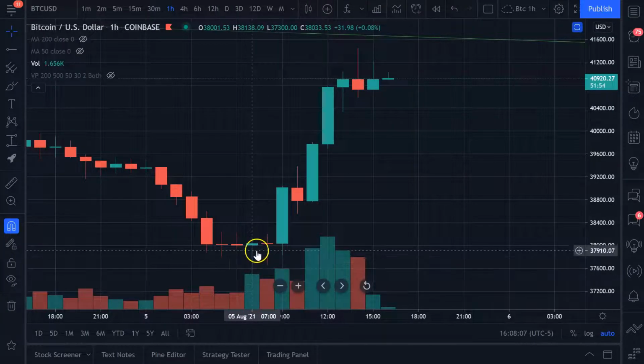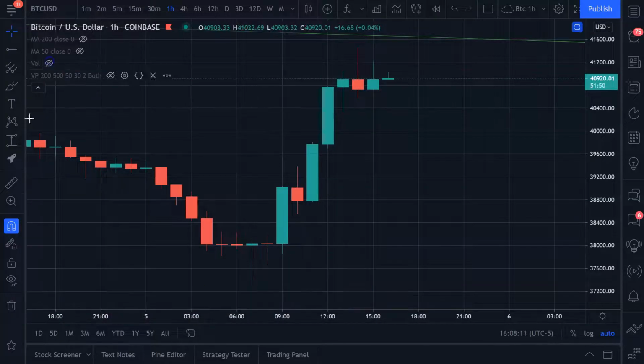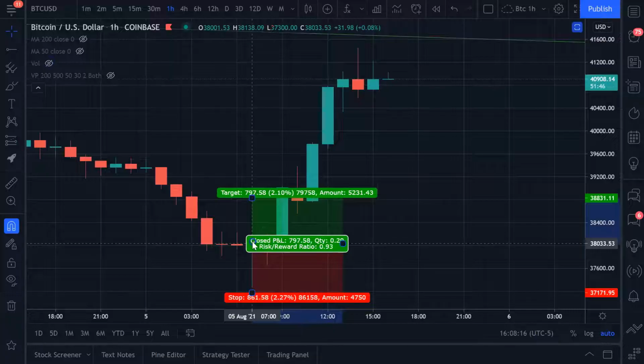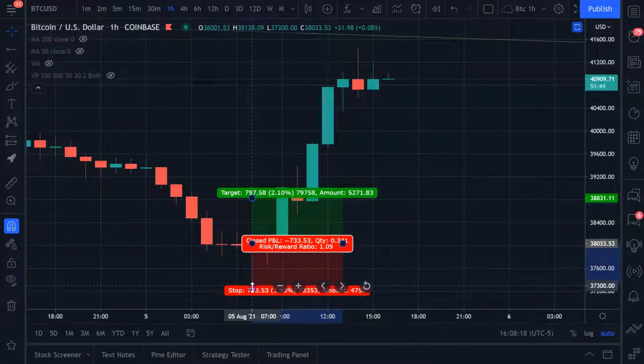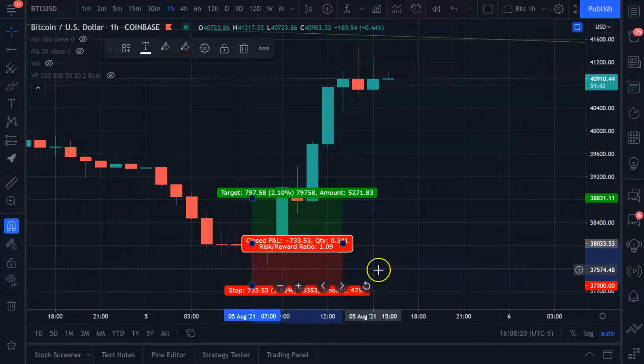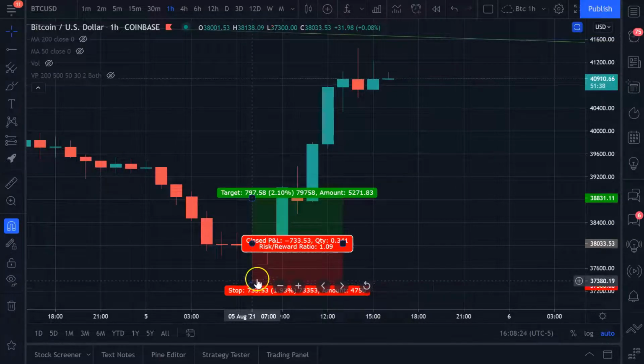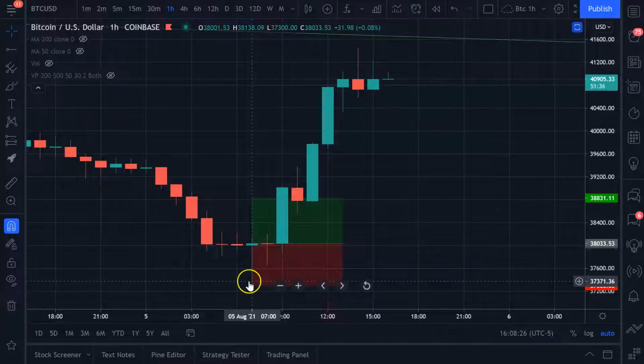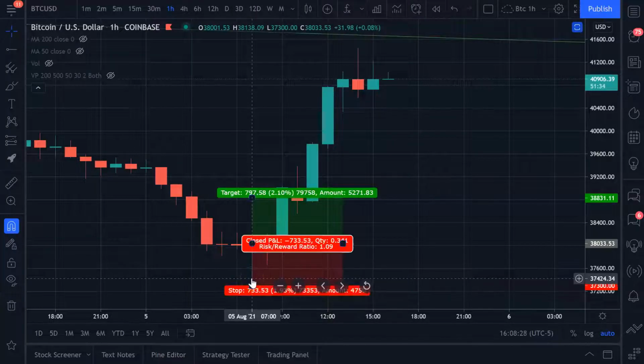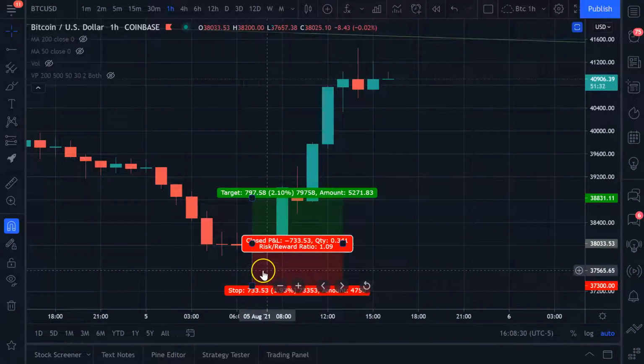So what you can do right there, if you're aggressive, you can get long on this asset, and it would look something like this. You would take a long position on the close of that candle. You would put your stop loss down at the bottom of the tail. Why? Because obviously if bears are able to take out this tail, then that demand has failed. There wasn't as much demand as what the chart was telling us there was. So there's your stop loss, 1.93%.